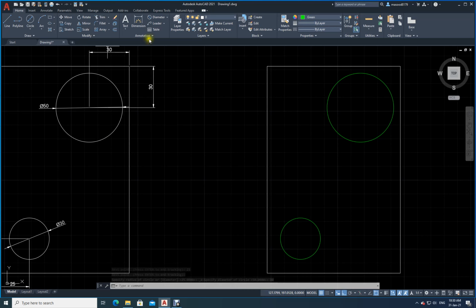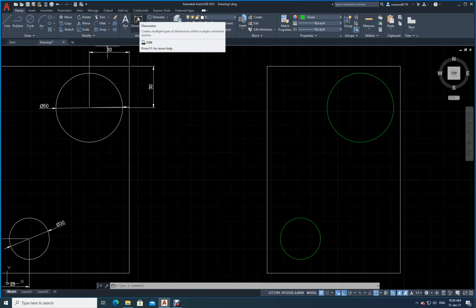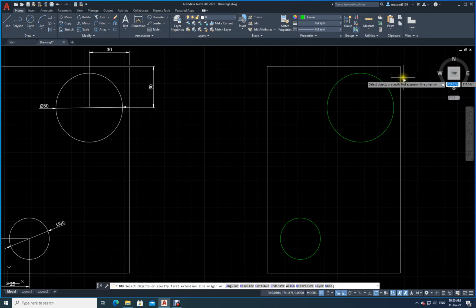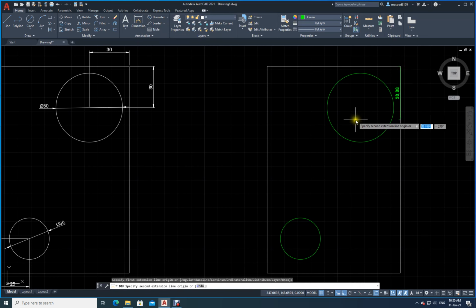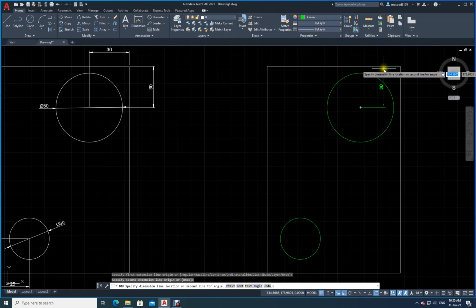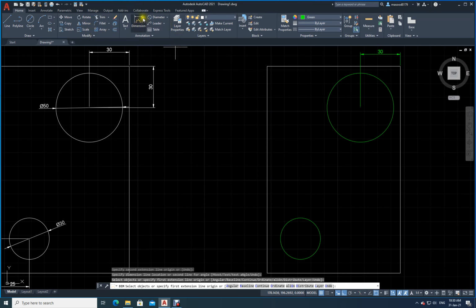If I want to check, I can just put in the dimensions. I can check the dimensions from this corner to the circle. See. How much is this? This is 30. And similarly, one more time, I want to use linear dimension between this corner, and if I click on this circle center, I will find it here. See, 30, 30.